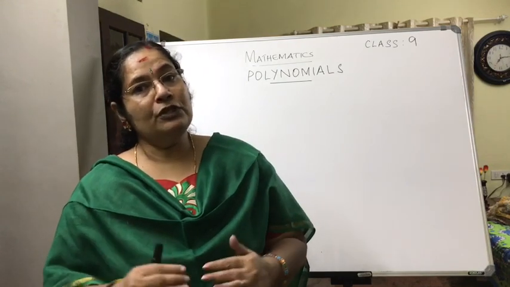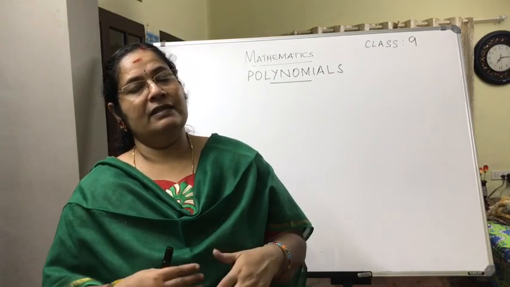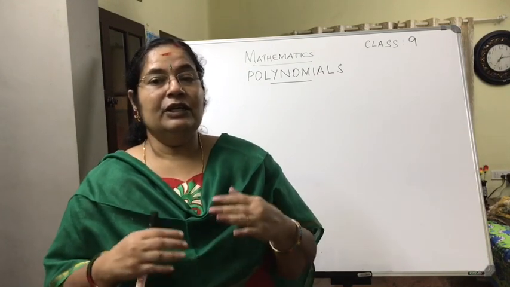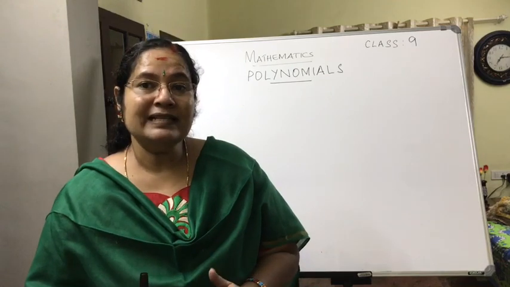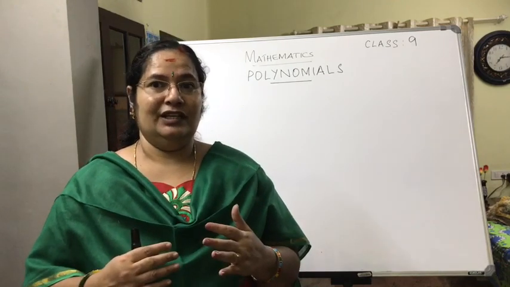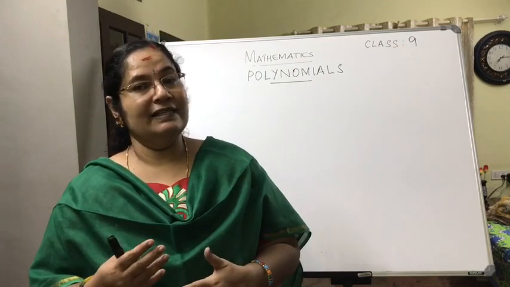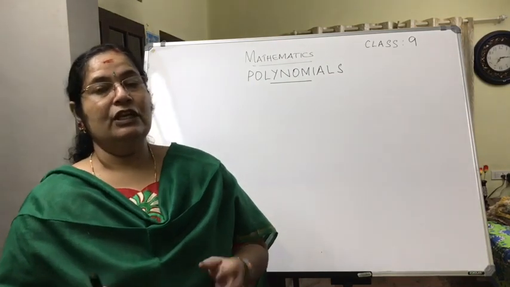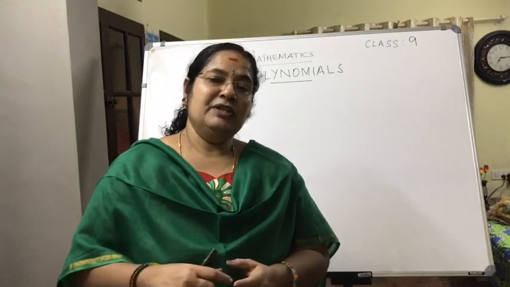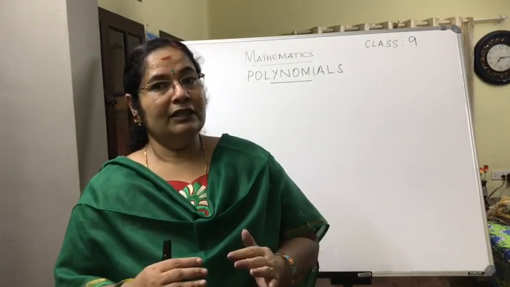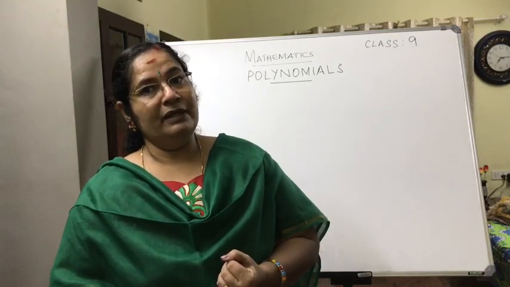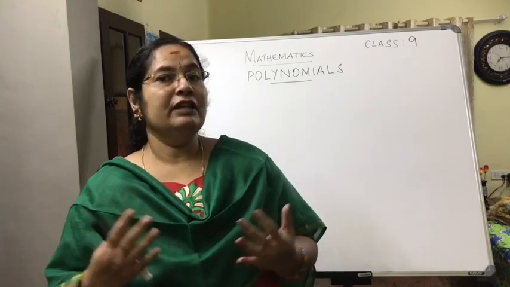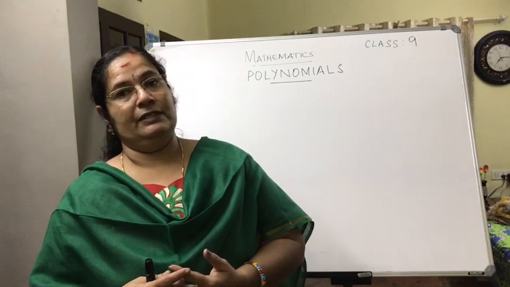Now when you put together these letters, numbers and mathematical operations, you get what is known as an expression. This we have learned in class 6 as well as 7. In 8 also we have learned a lot about these expressions. So what are expressions? Expressions are formed when you put letters of the English alphabet, numbers as well as mathematical operations together.